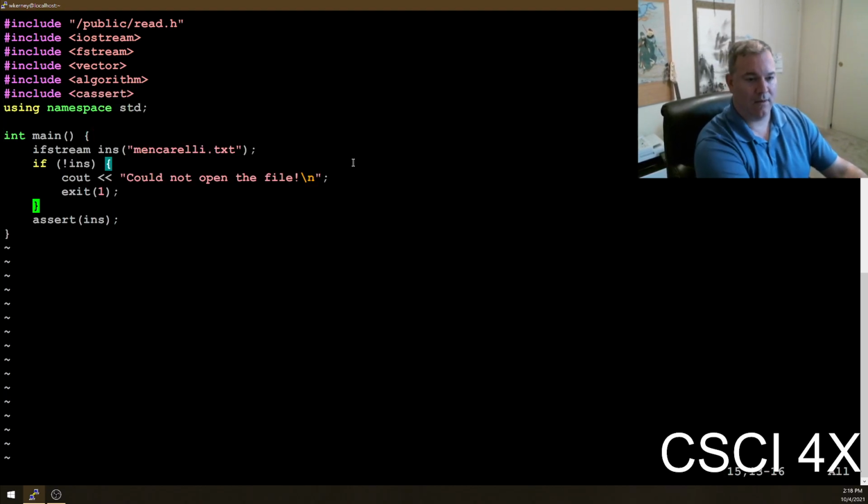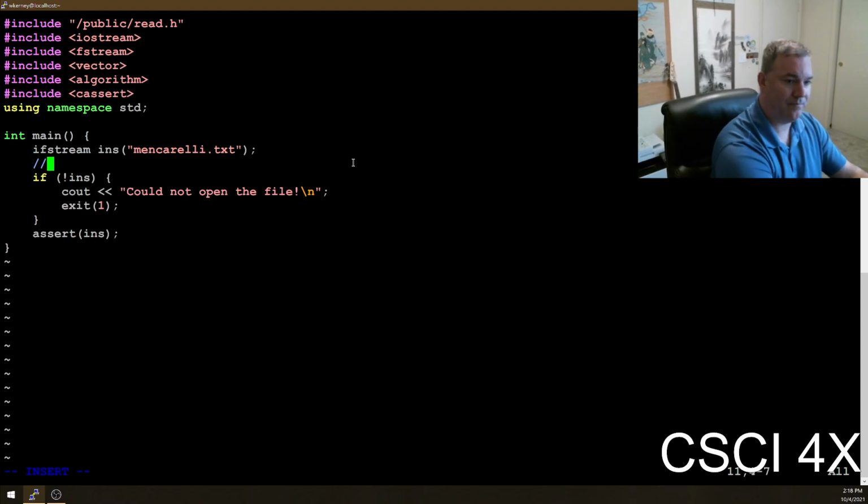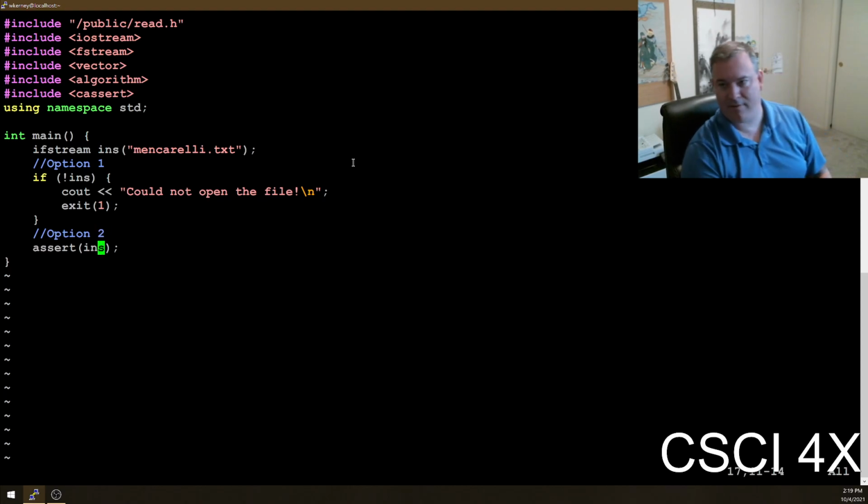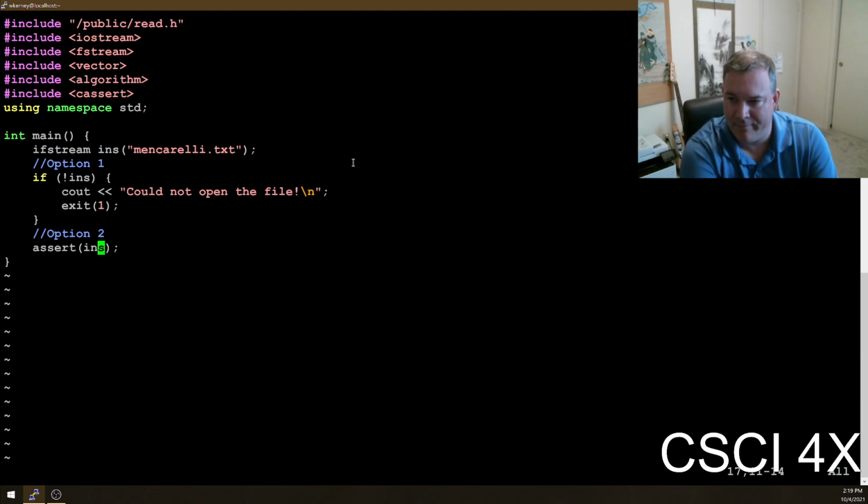So, option 1, option 2. They do kind of the same thing. The first one is going to give you a more useful error message, maybe, to not open the file. The second one uses assert, and assert will kill the program and tell you which line of code it died on, which is sometimes also more useful.